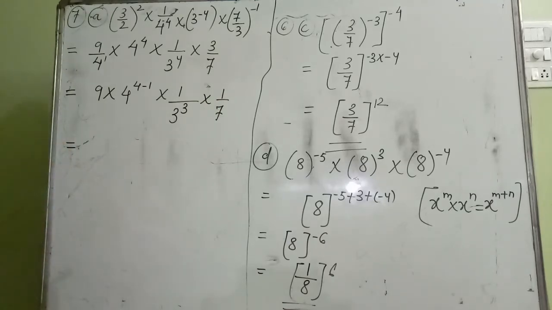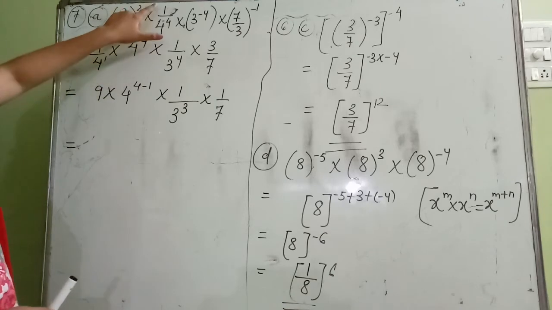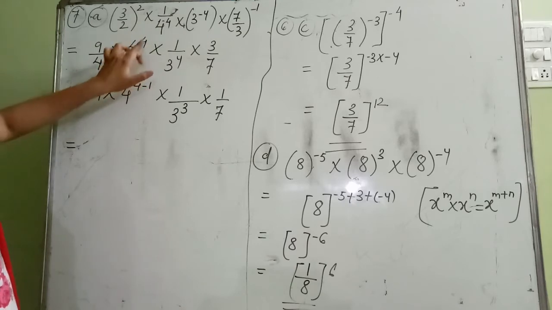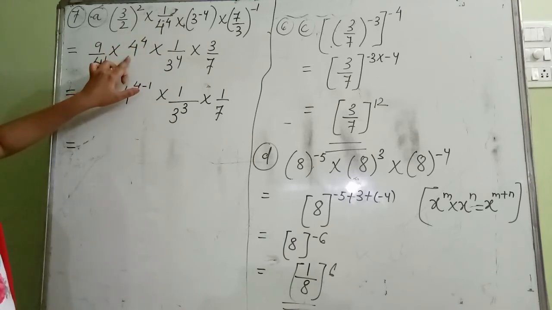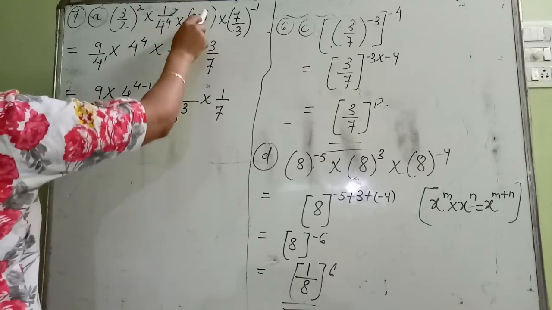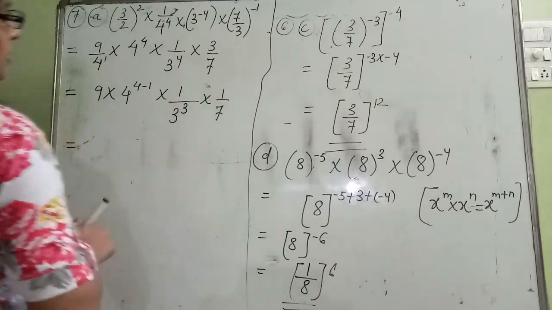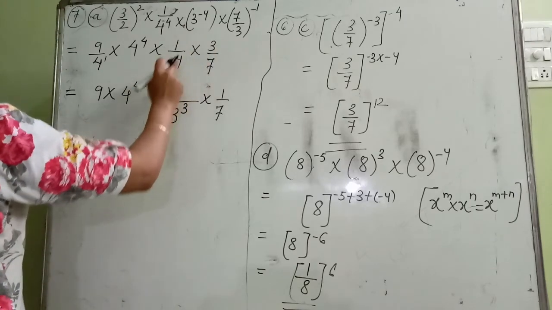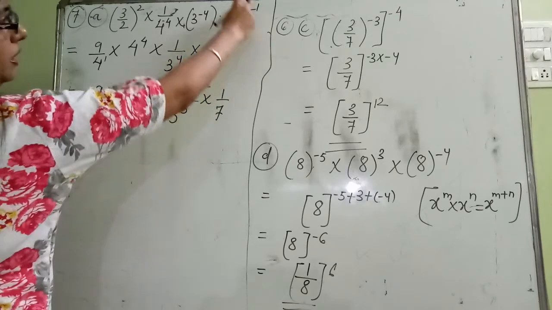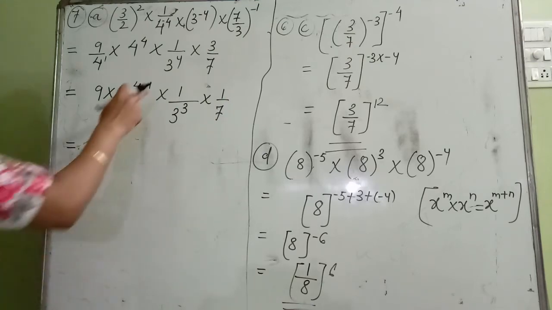I will explain again what I have done. 3 3s are 9, 2 2s are 4. Then it was 1 upon 4 raised to the power minus 4. This was negative, I converted it to positive, so it will become 4 raised to the power 4 into 3 raised to the power minus 4. You can keep it like this also and you can subtract the powers, minus 4 minus 1, or we can make it 3 raised to the power 4. Now it is in minus 1 power, so it will be the inverse 3 by 7 and the power becomes 1. Now what I have done here is